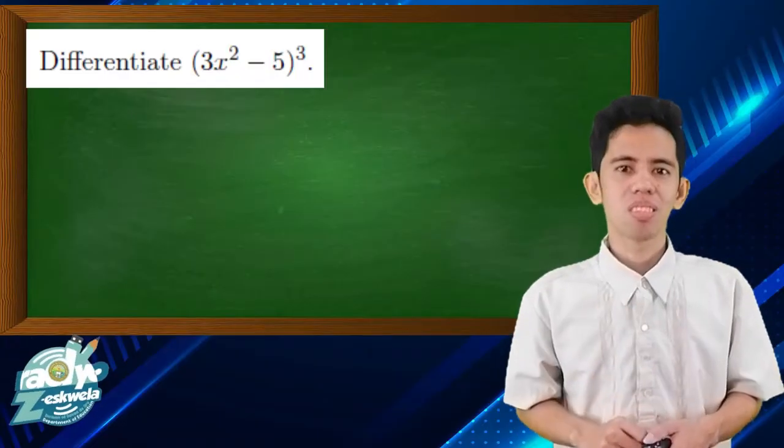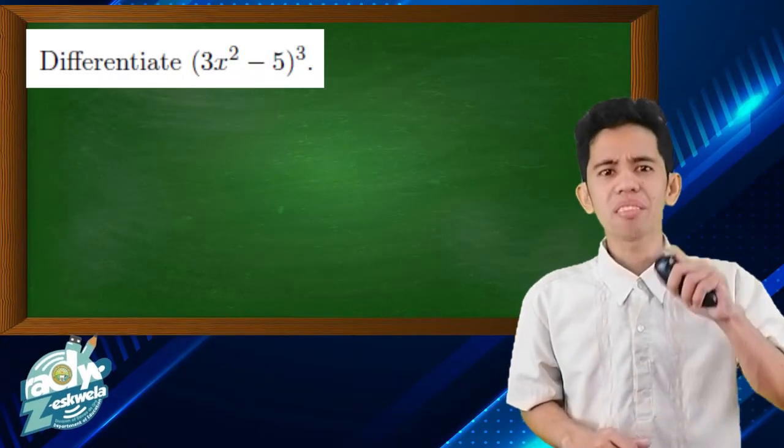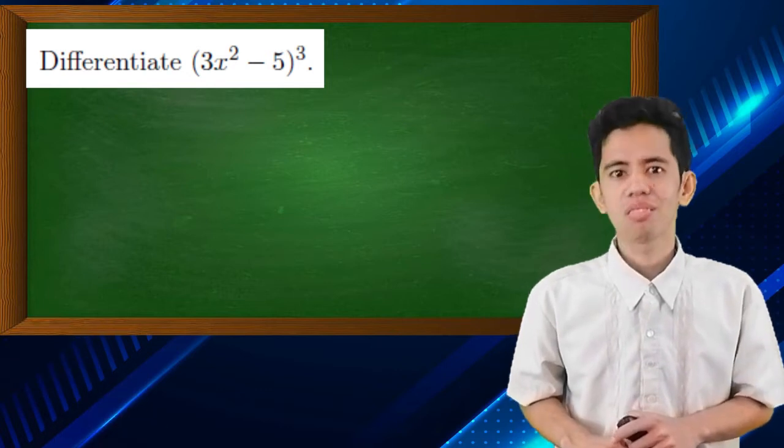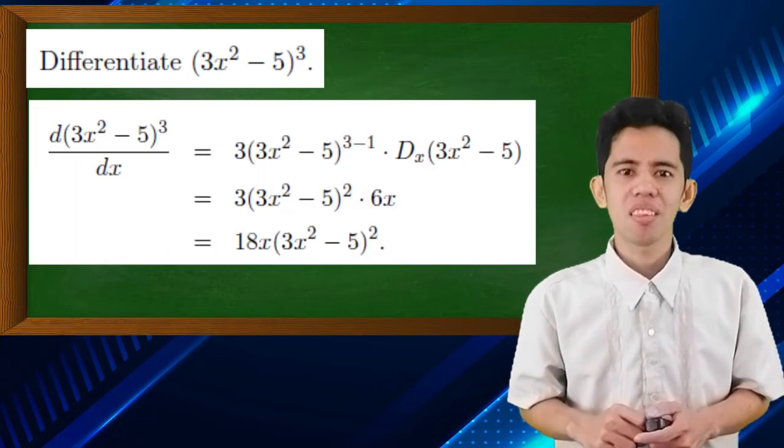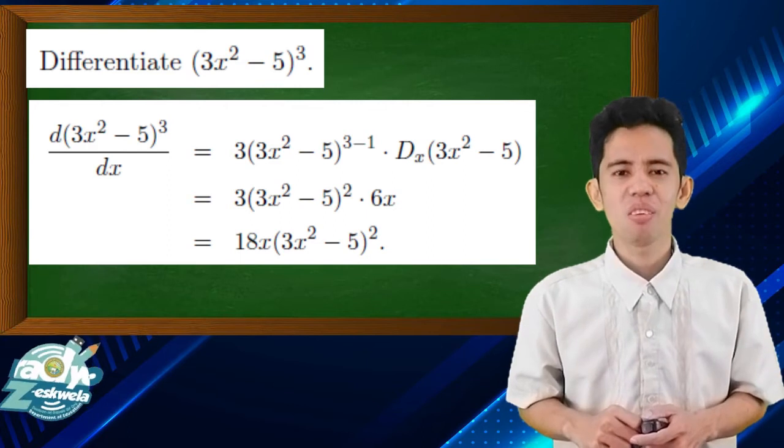Time is up. In this example, we can write in this notation d times quantity 3x squared minus 5 to